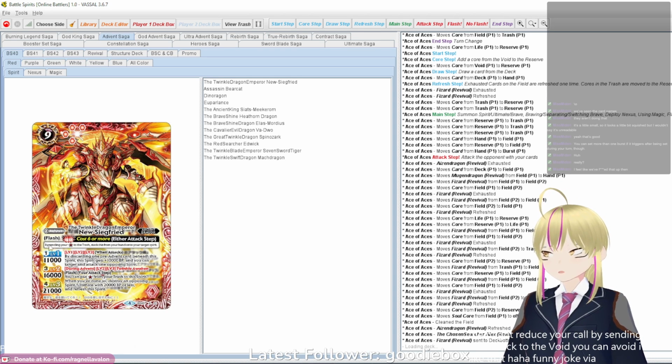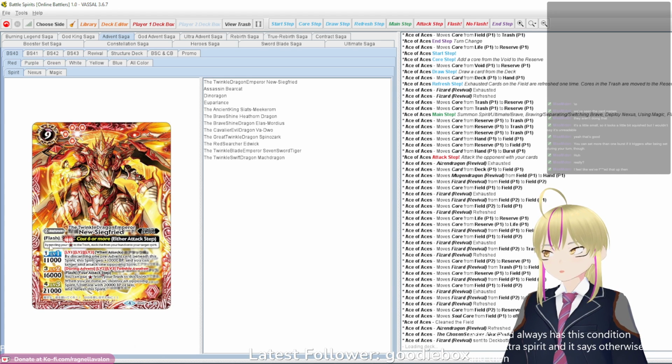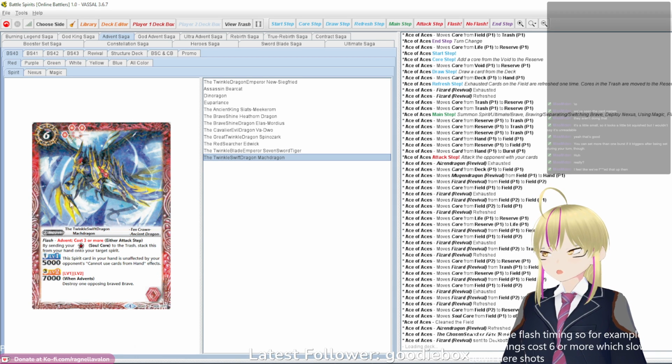So for example, Advent is always a flash effect, and it always has this condition which checks for a spirit unless it says otherwise, and then this tells you when you're allowed to do it. So this works in either of your attack steps during the flash timing. So for example, this needs cost 6 or more, which surely there's one down here. Sure, it's this one. So if you have this on the field and then you're like,